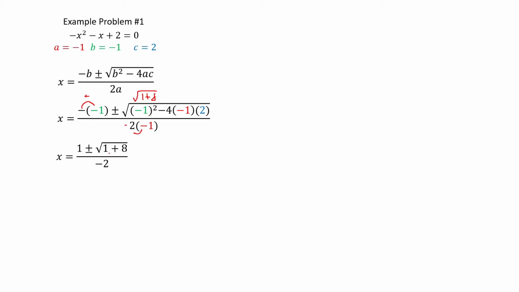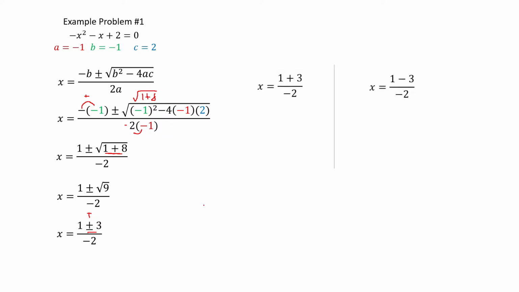And now sum up 1 plus 8. This will be positive 9, and you need to square root it, and that will be the square root of 9, which is equal to 3. And for this, we will separate it into positive and negative. That's why it has a positive and negative sign here. So we will separate it just like that,